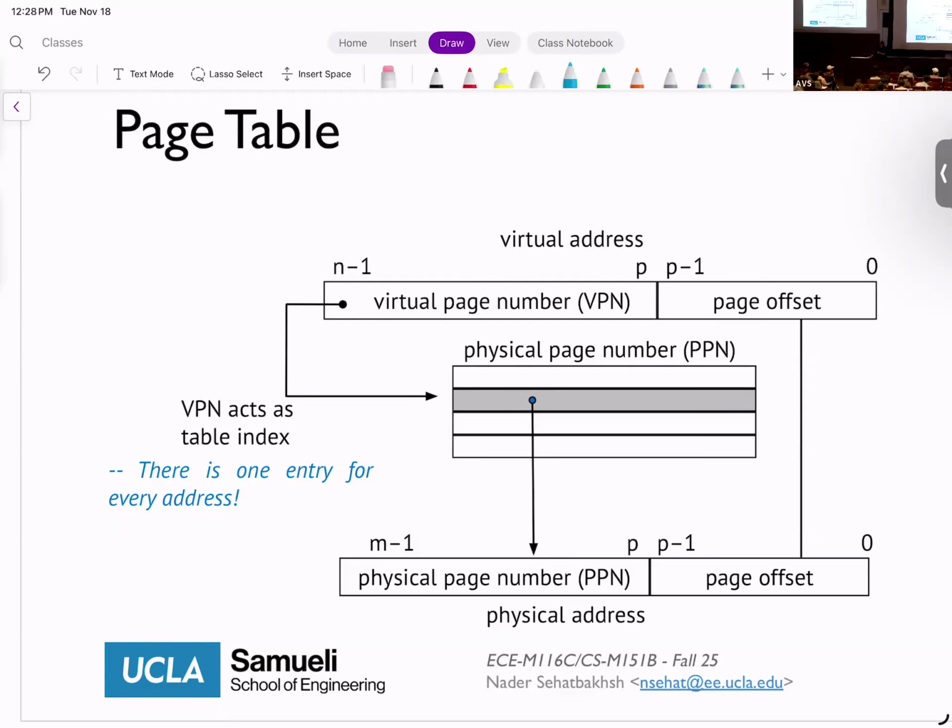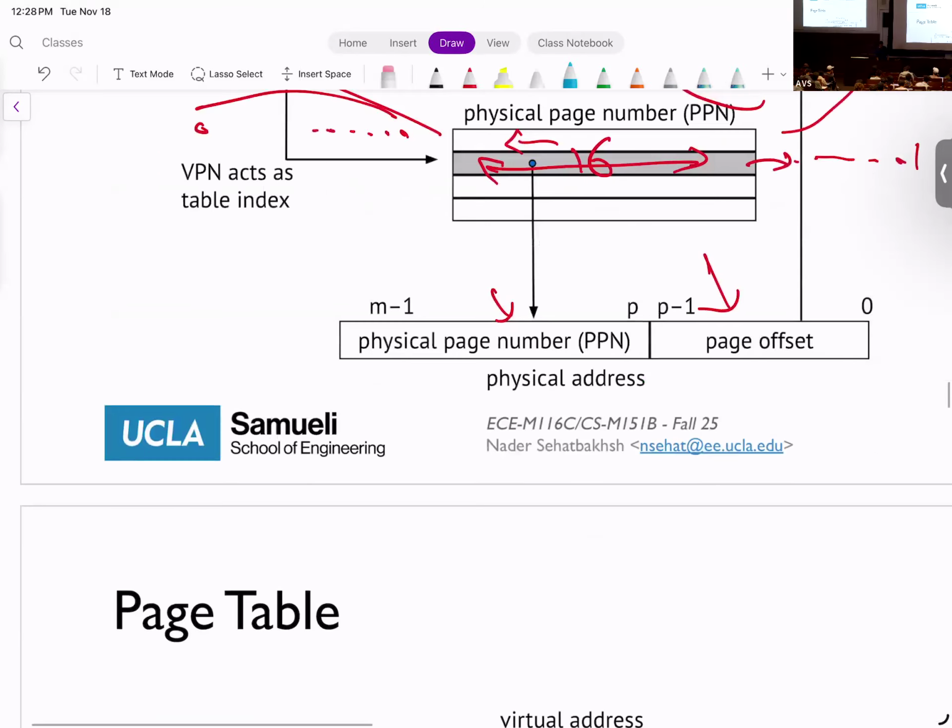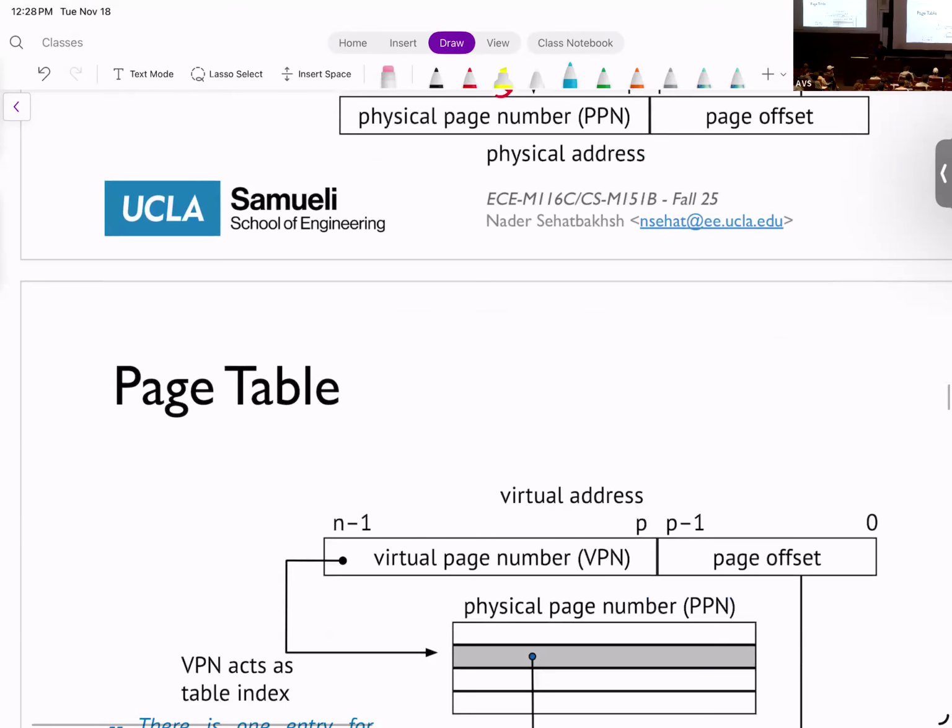What happens to the extra VPN bits? You're going to later see that not all of these VPNs are actually assigned. If you have more VPNs than PPNs, you cannot fit it into this memory and your program will crash.